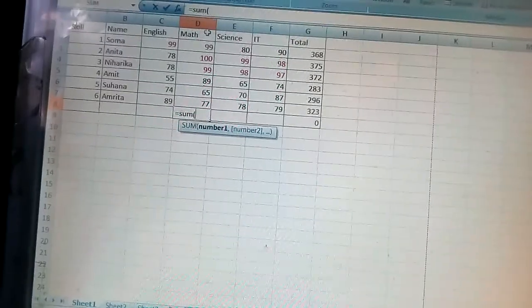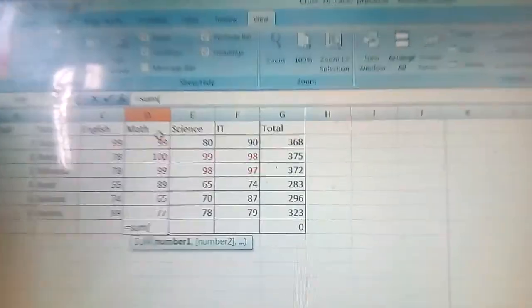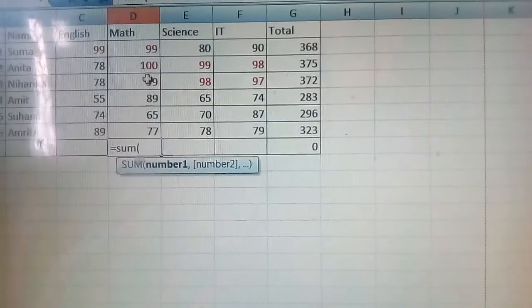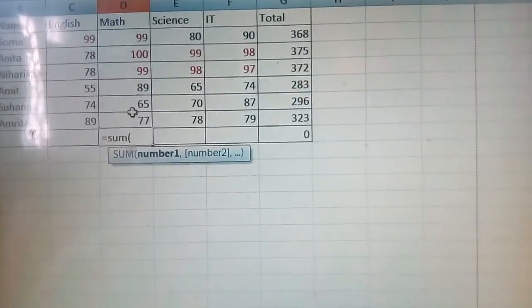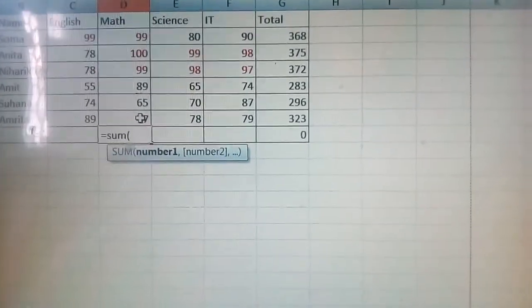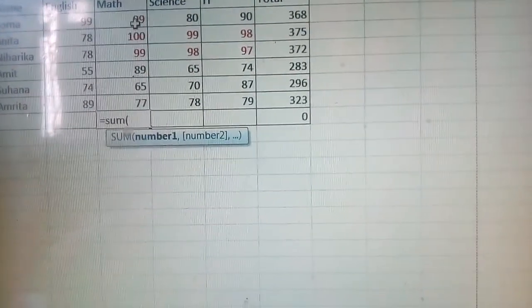Usually we select this one. Suppose we want to add only this column: 99, 100, 99, 89, 65, 77. Then what will you do? Just select this.